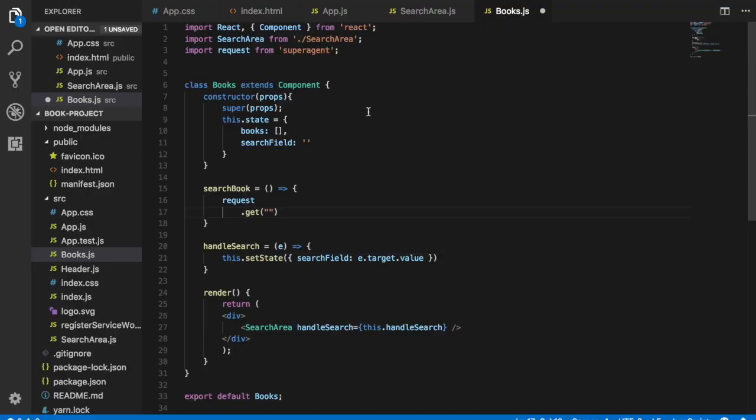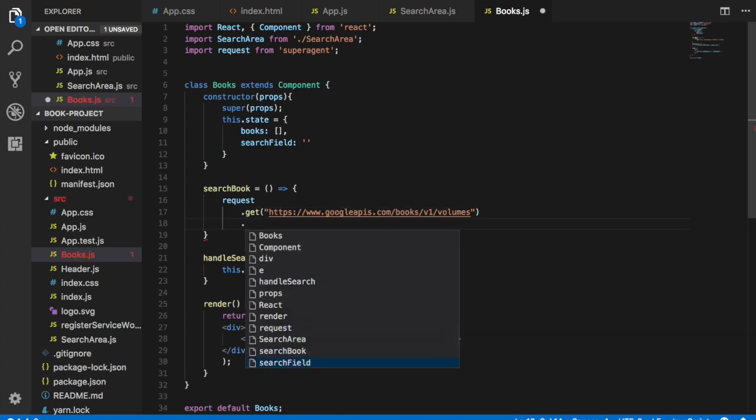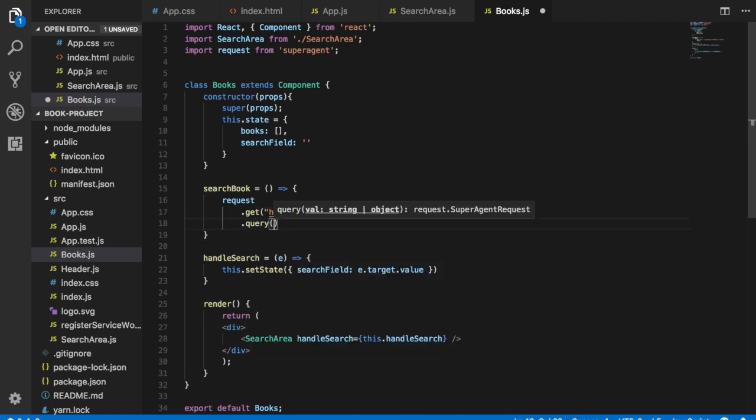And so this is what we're going to do, but inside our React project. So in here, get, we're going to just paste in this URL, but I'm going to remove this query, so now we only have that. And then with SuperAgent you have this handy method called query,